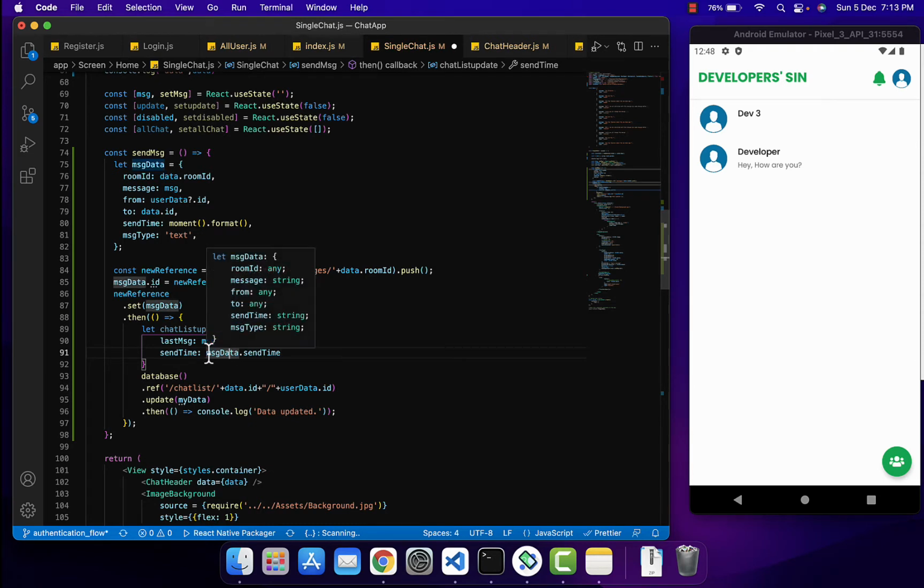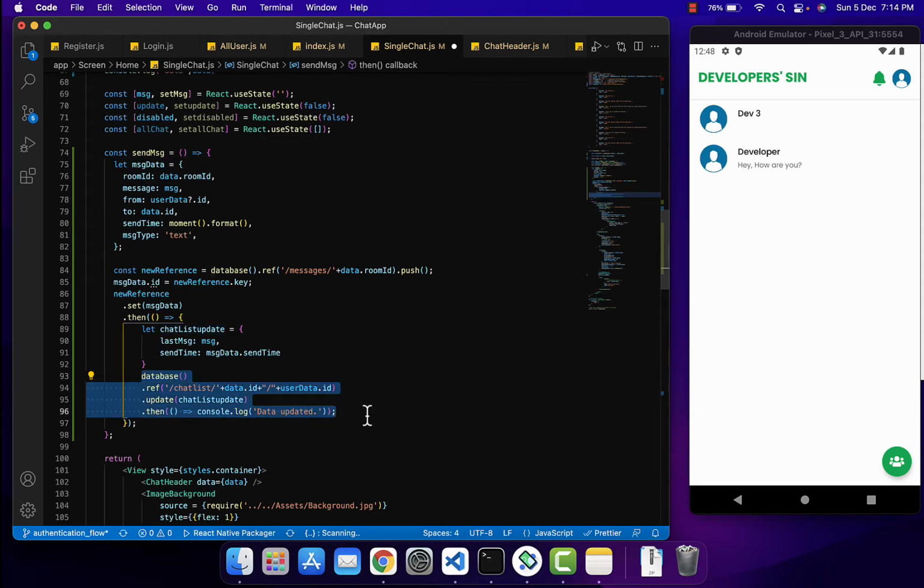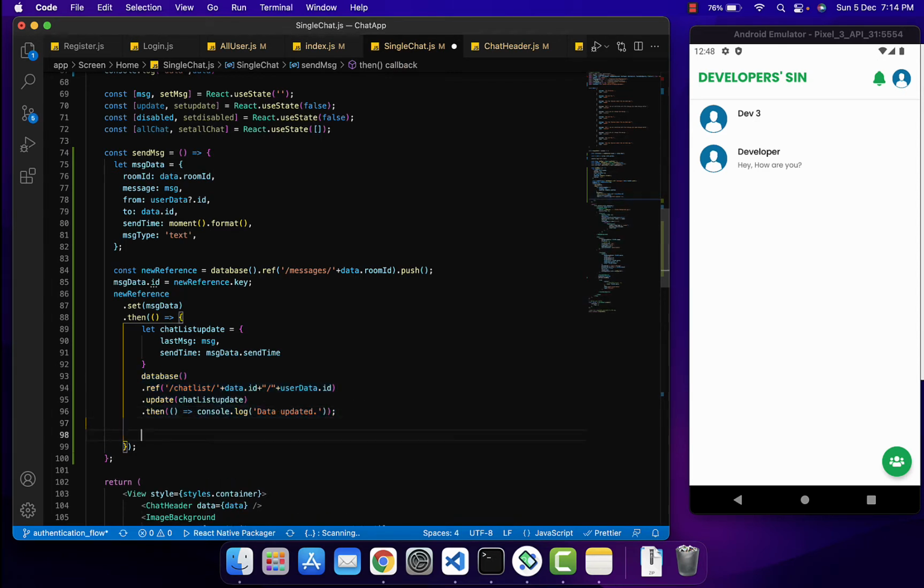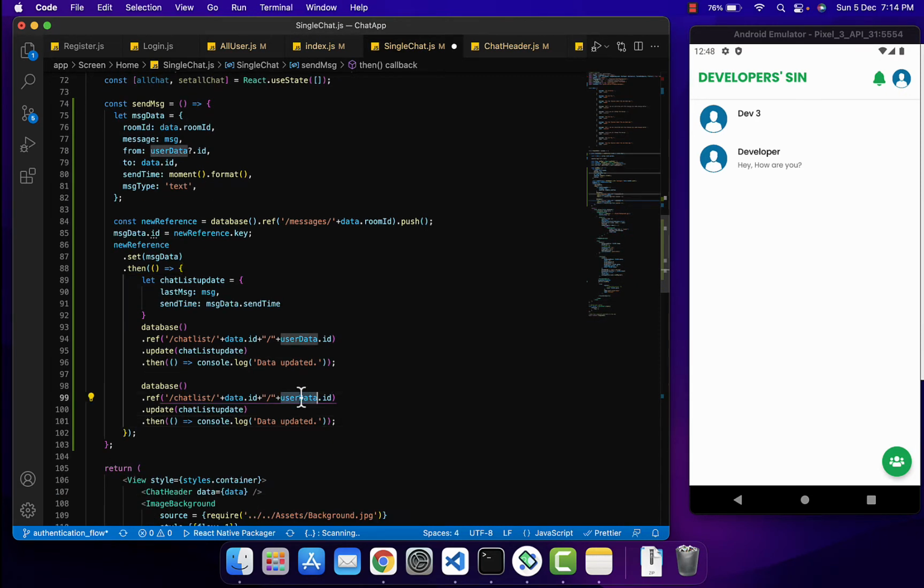I'm not going to use moment dot format over here. We're going to use that particular send time that is defined in that message data, because it's the same reason why I'm storing that room ID in a single variable. Okay, so for the chat list data, we just need to pass that over here. For this particular scenario, it will update the data for that receiver. Now you also need to copy this one and paste it over here, and also update the sender chat list. So both of them will be updated, and after that we are going to